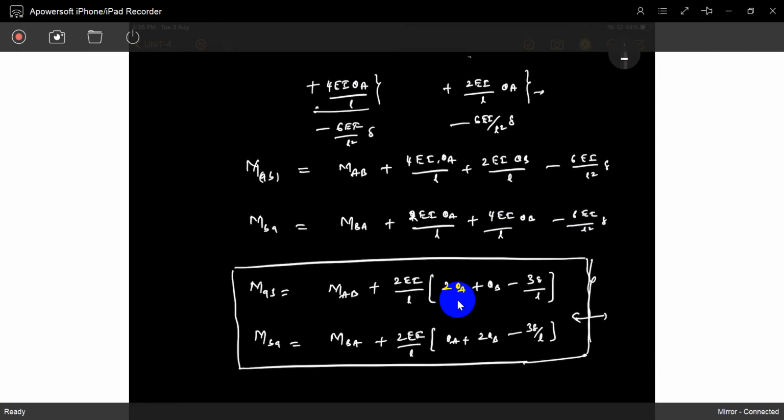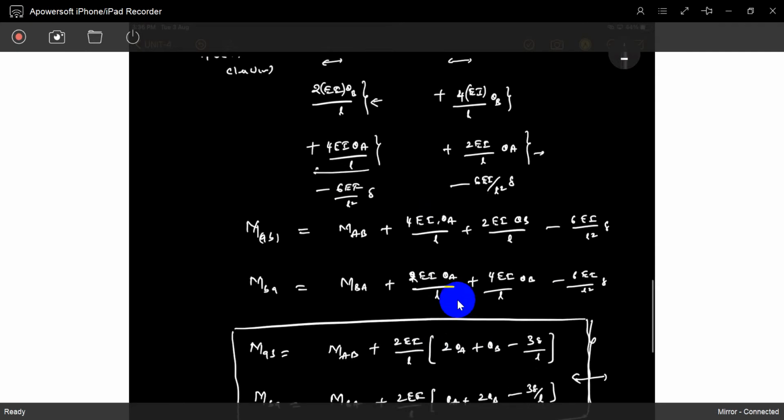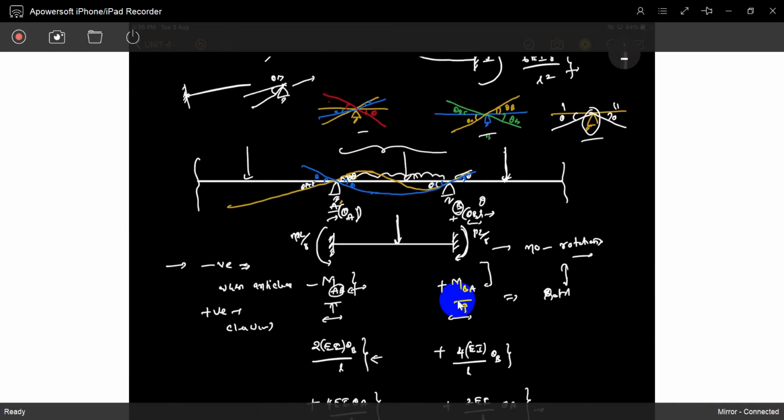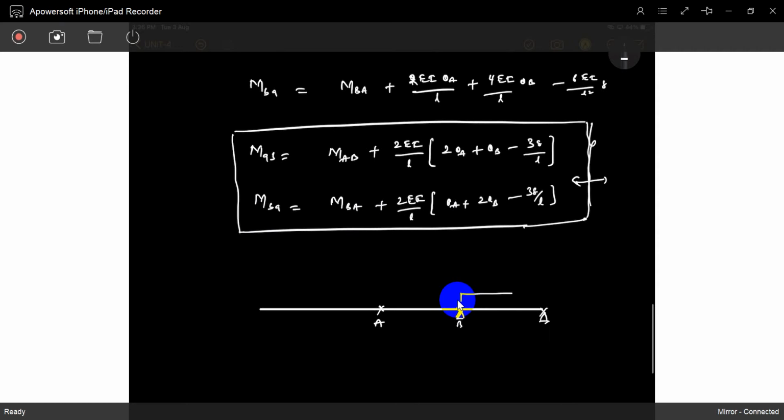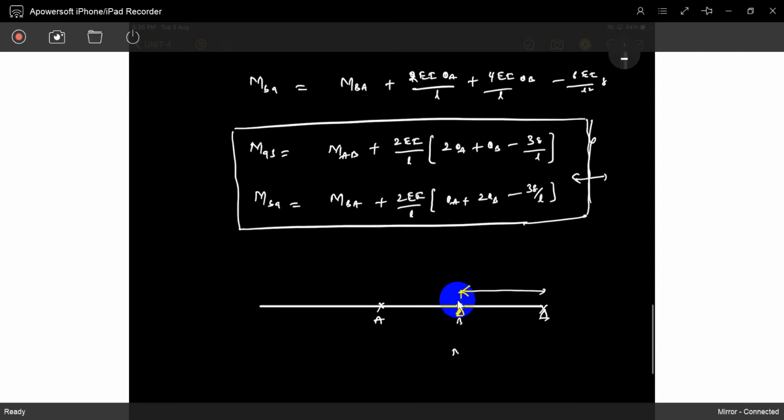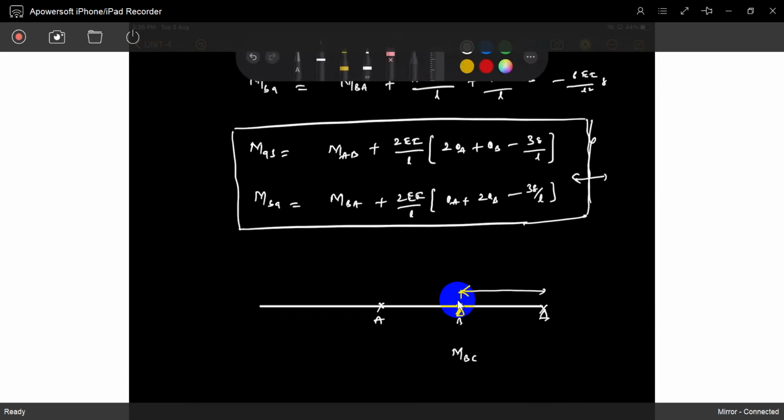Sir, how can we find the remaining joints? If you see, this is AB. Next is some span BC, some joint C is there. So you can write the same equations for the BC span. So I will write it like, so AB support is there. Next equation, see BC span also, you will write the same MBC. You will write out finally MBC small. So write the same equations.